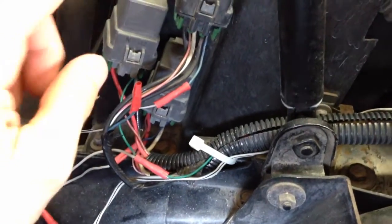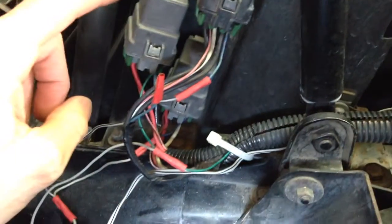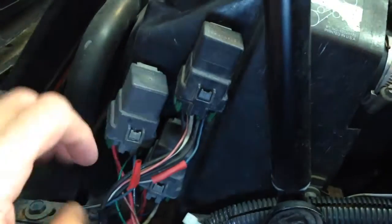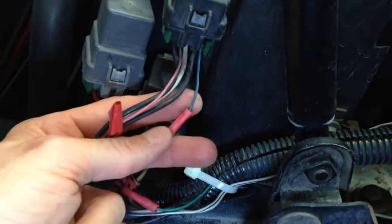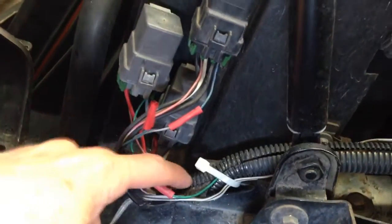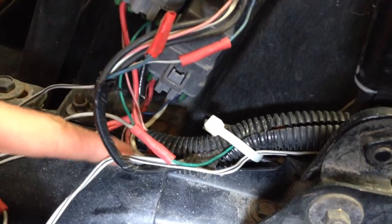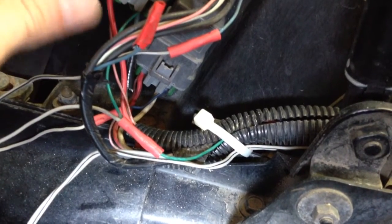So again, at low speed, both fans run in series at 6 volts apiece, and then at high speed, when it gets really hot around 238, they switch to 12 volt parallel, and that's when the other 2 relays kick in. These 2 here have blue wires coming out of them, and the blue wires were connected together in this bundle. So you've got a relay down here, and it's got a blue wire. You're going to cut that blue wire, and in this bundle right here, the 2 blue wires, you're going to cut them, and then put a butt connector or somewhere,